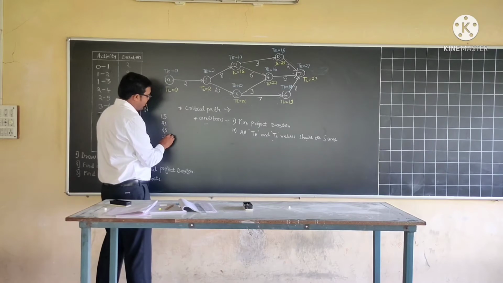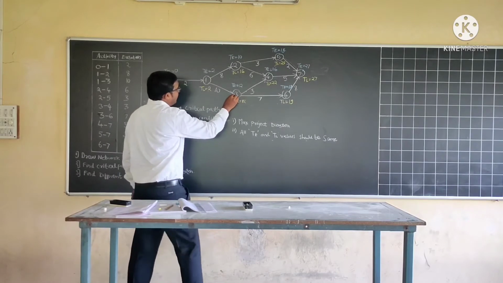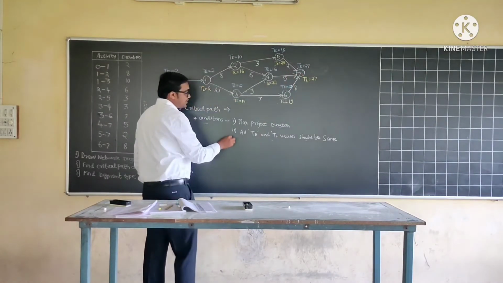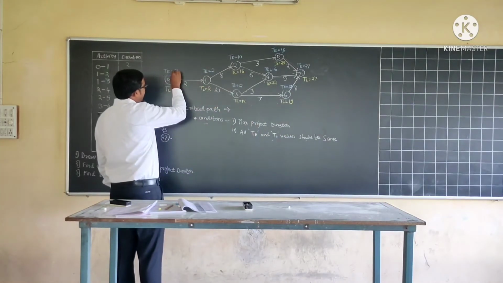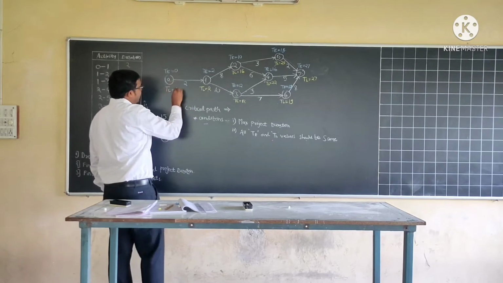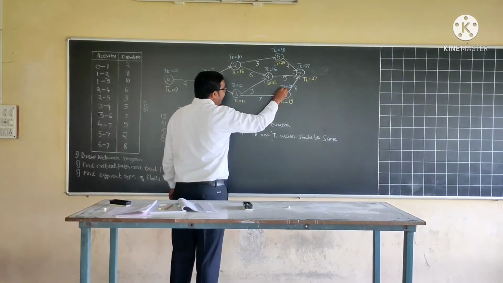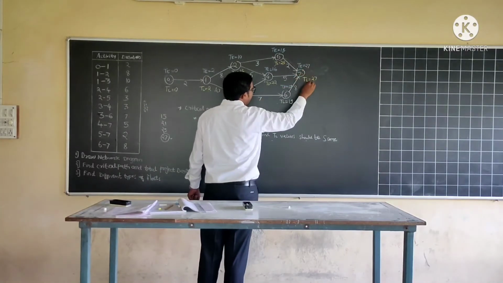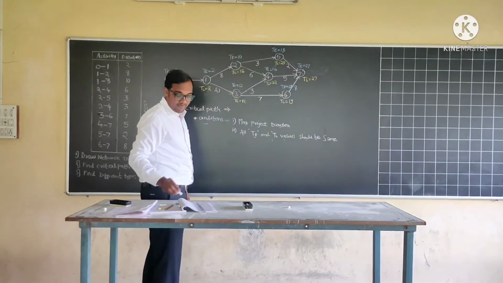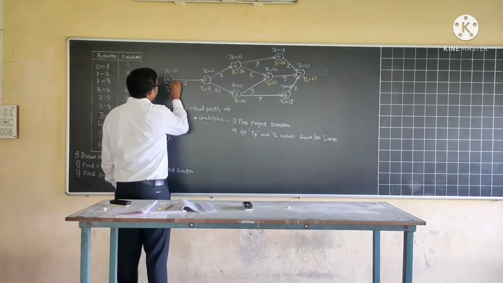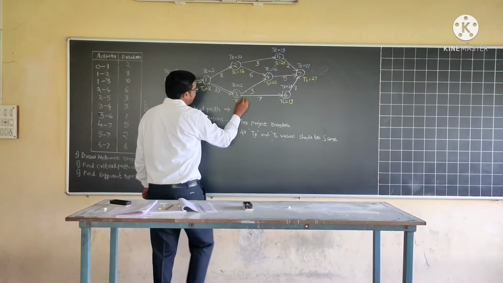So the maximum project duration you can find is 27 days from this way: 0 to 1, 1 to 3, 3 to 6 and 6 to 7. Also the second condition is that all TE and TL values should be the same. So you can consider TE0, TL0, TE2, TL2, TE12, TL12, TE19, TL19, TE27, TL27. That means all the values of TE and TL are the same. Therefore, this is the critical path. So we can double underline it.